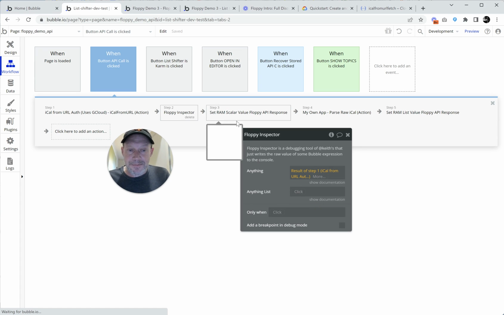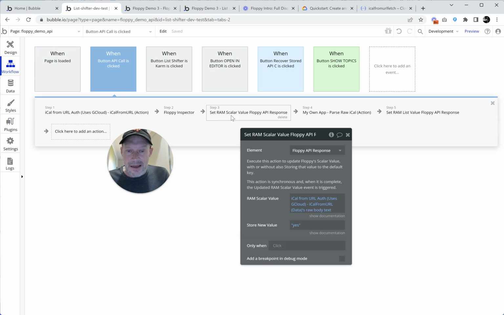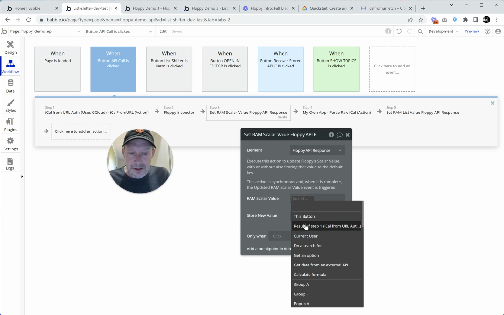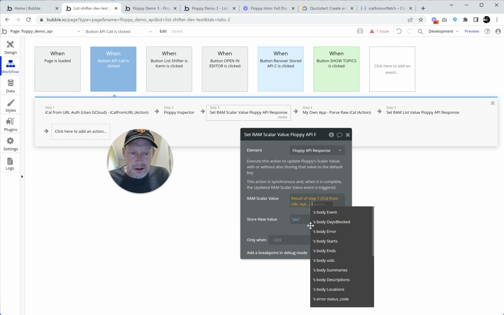Then let's continue on in this workflow, so we don't have to reload our page a million times. When we click that API call button, we do the API call, and then we inspect it. In our third step, we're going to set Floppy's RAM scalar value. Let's change this so we're using the right thing: RAM scalar value. We'll set it to the result of step one, and